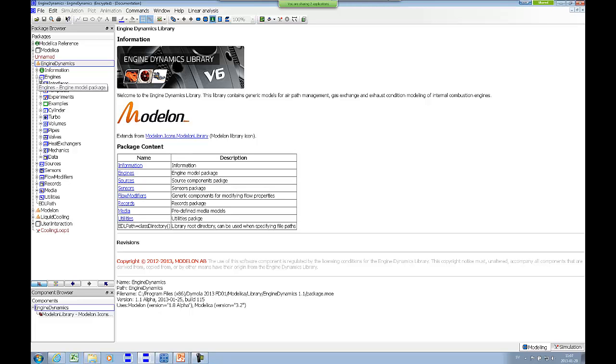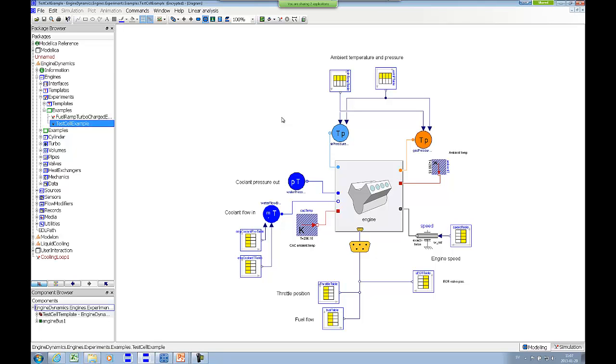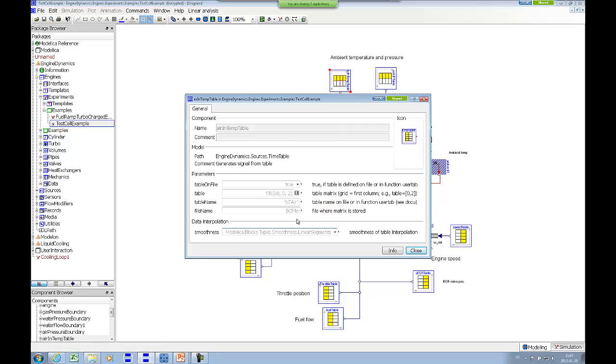Okay, so in the engines package to the left here, we have sub-packages for engine system templates. There are some example experiments that you can run. This is a simple experiment where we simply specify constant boundary conditions and put a ramp on the injected fuel. You can study the resulting torque increase and turbo speed up in that example. There is one example of how to specify dynamic boundary conditions from measured values, and the signals here are provided in a MATLAB